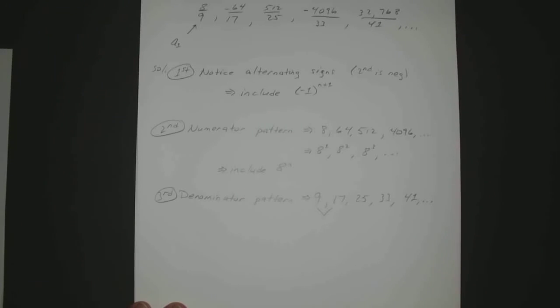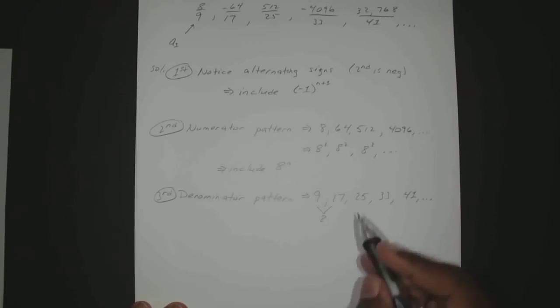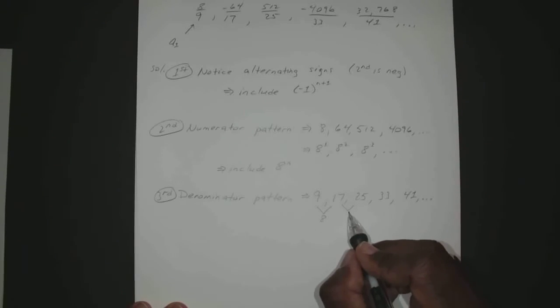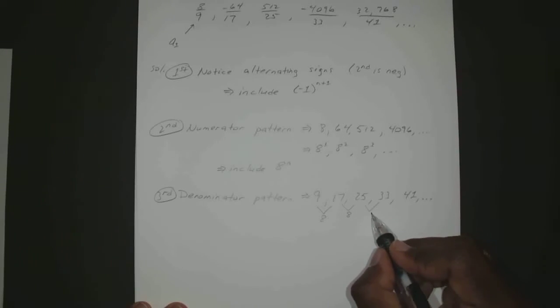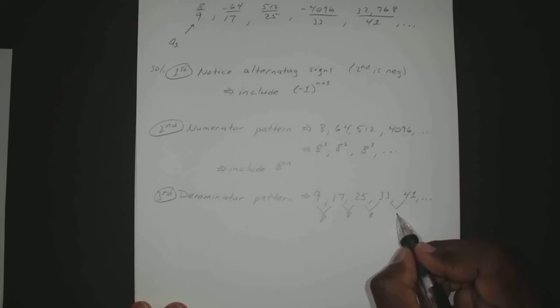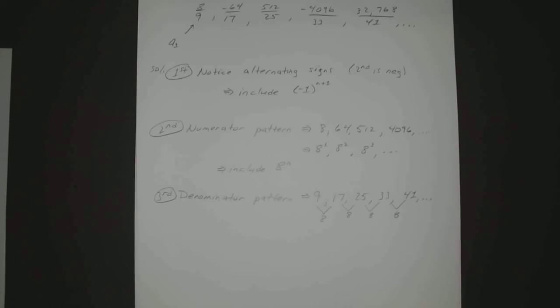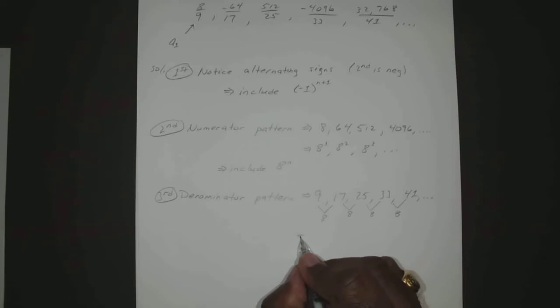So the distance between 9 and 17 is 8. 17 and 25 is 8. 25 and 33 is 8. 33 and 41 is 8. So they all have a distance of 8. So you know it's going to be an 8 times n somewhere in there. But if you look at it,